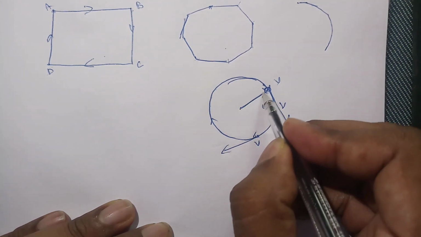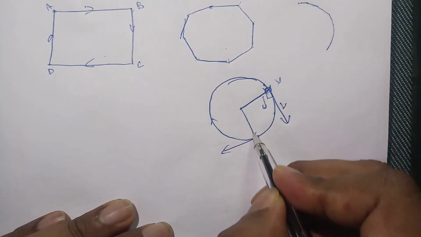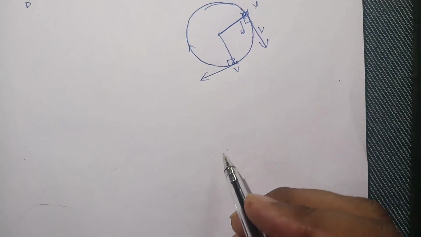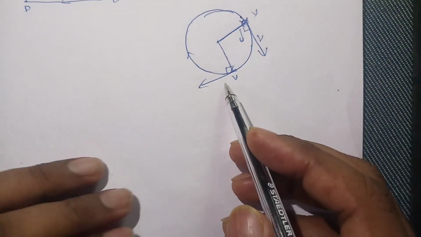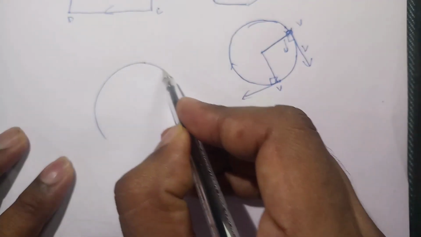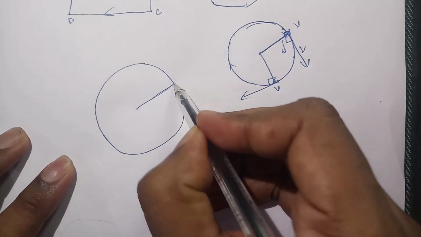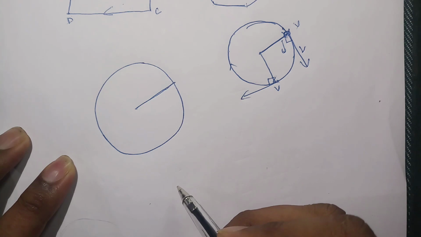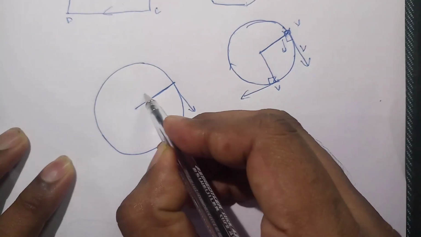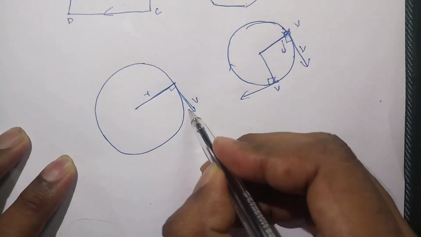So this is the radius vector. Here you may have noted one point. Here it is perpendicular. Here also it is perpendicular. So we can say the direction of velocity is changing continuously. That is, when an object is moving in a circular path, the velocity direction is always changing. What is the direction of velocity at any point? That will be perpendicular to the radius. This is radius r, and velocity is like this. Or we can say this velocity will be tangential to the circle.